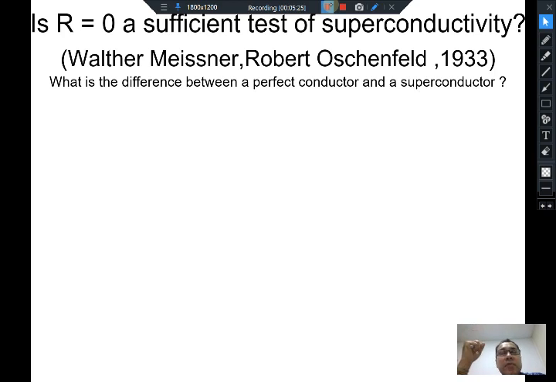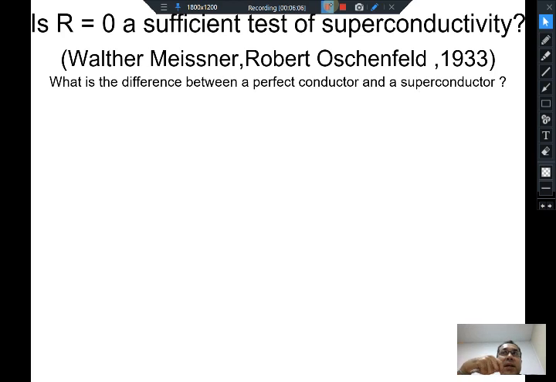So what is the phenomenon of superconductivity? Above the critical transition temperature, the material has finite resistance, and below the transition temperature its resistance abruptly becomes very low, below any measurable limits. So there is a definite transition in the conducting state of the material. There is a sudden transformation in the conducting state of the material. At Tc, there is a very rapid drop in the resistance or the resistivity of the material, or alternatively you might say that the conductivity of the material becomes very high below the superconducting transition temperature.